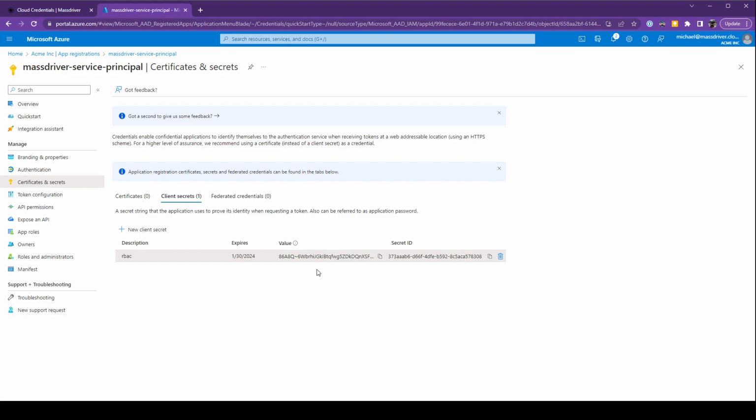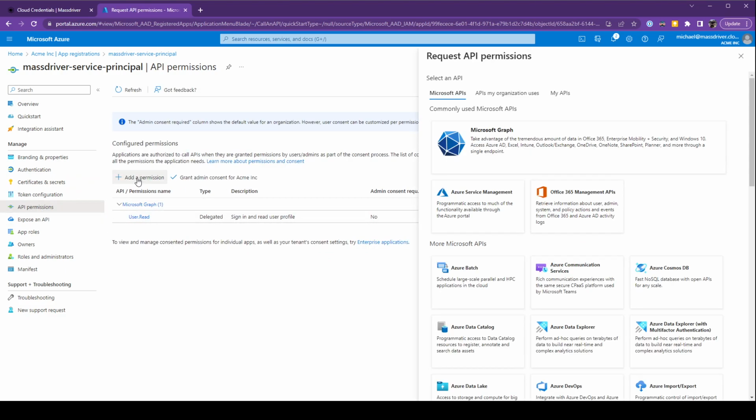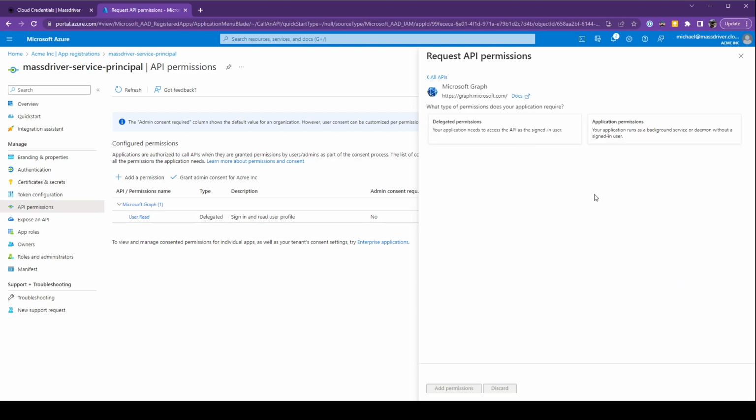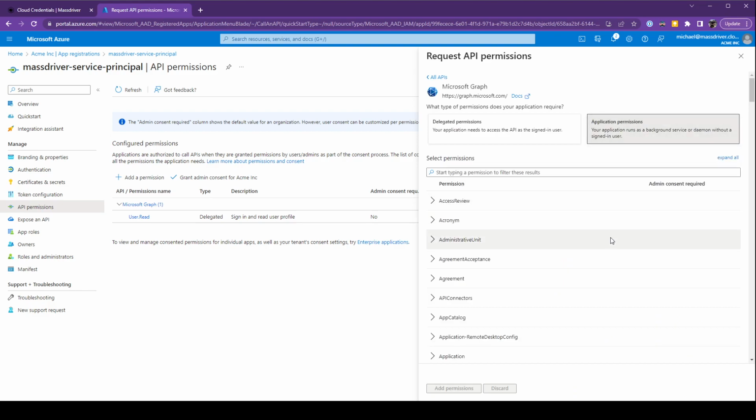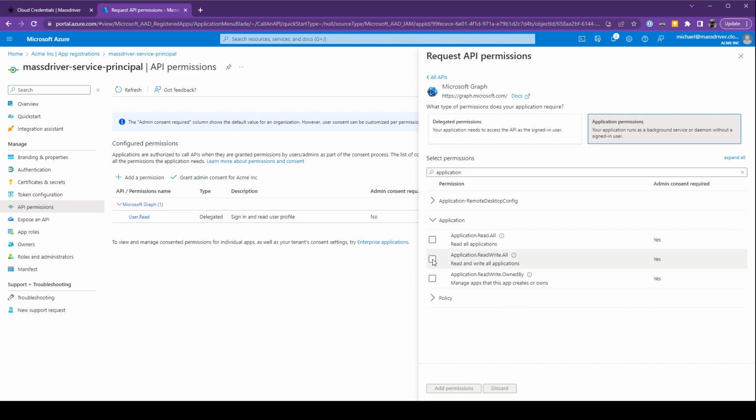Next, I need to assign some Active Directory permissions to our Azure Service Principal. So I'm going to select the API permissions page, and we're going to add some permissions. I'm going to click Add a Permission and select Microsoft Graph, and then Application Permissions. We are going to search for Application, expand the application category, and enable